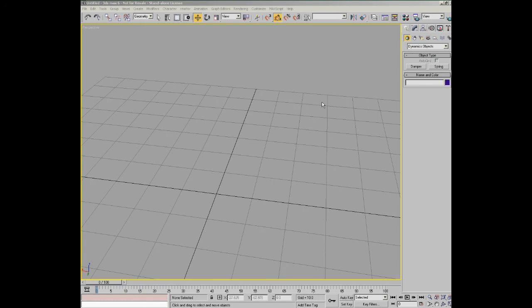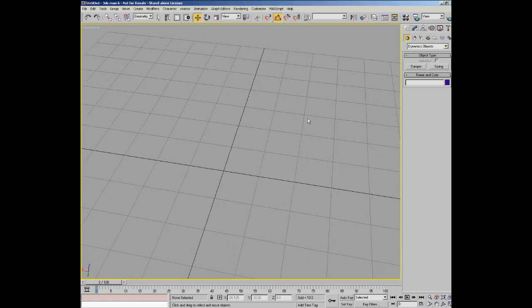The next type of creation is shapes. So there are two types of shapes. There are splines and there are NURBS curves. NURBS curves are used to create NURBS surfaces, which, as I said, have many limitations in Max and aren't very well featured. So generally most people don't use NURBS curves most of the time. However, splines in Max are very well featured and have been a core feature